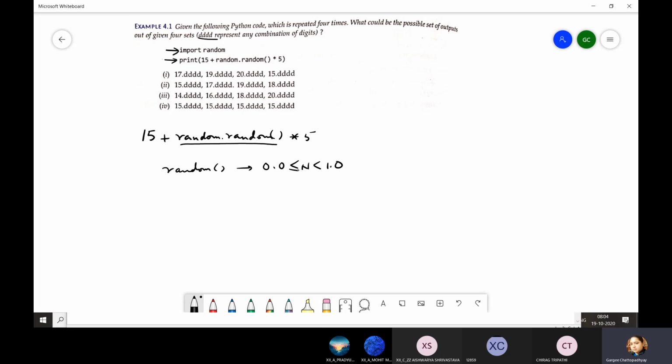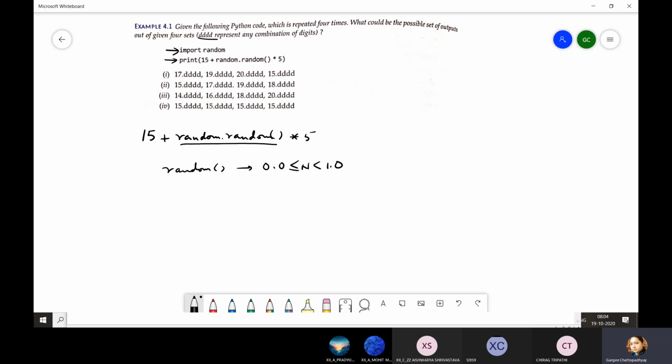The minimum number which will be generated is 0.0, and the maximum number is 1.0. It is not possible for us to speculate which random number this function is going to generate, because there could be numerous values between 0.0 and 1.0.